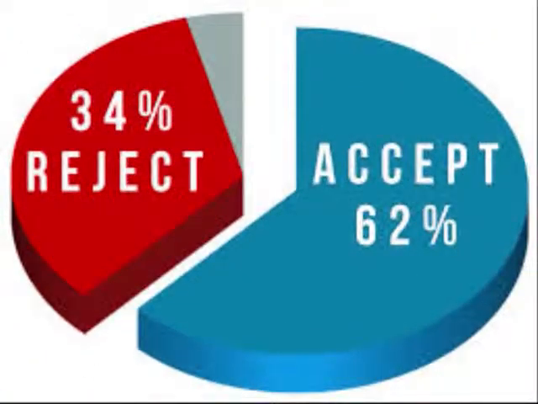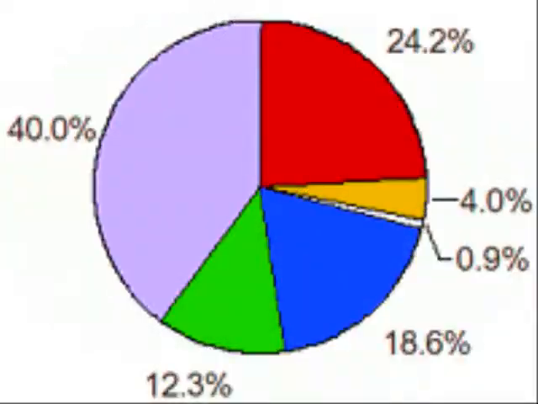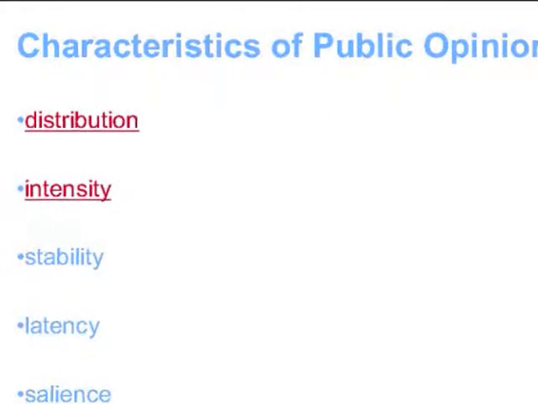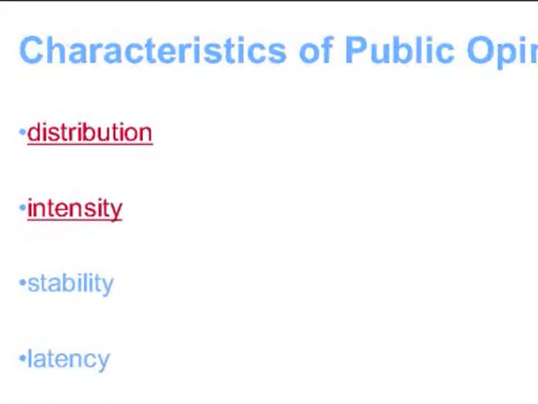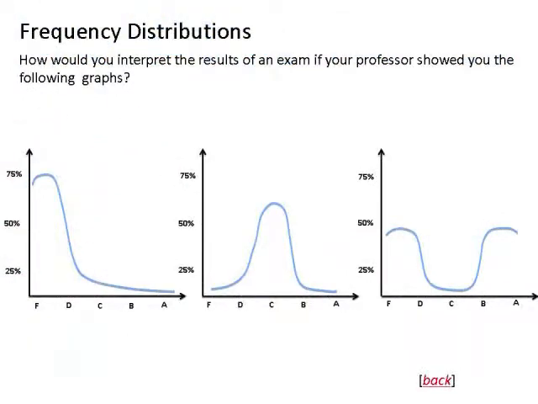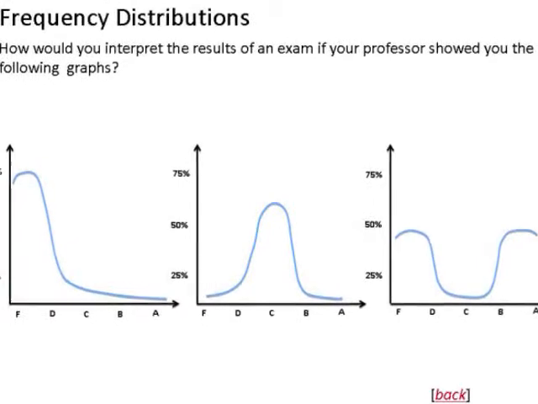Frequently, it is useful to graphically depict the distribution of opinions on an issue. We can graph the distribution to get a picture of what it looks like. Distribution of opinions, then, is like the distribution of anything else, the distribution of wealth, the distribution of grades, etc. For example, if your professor showed you one of the following graphs of the results on the most recent exam, she would be reporting the distribution of grades. And you can immediately glean some information from the graph about exam results.